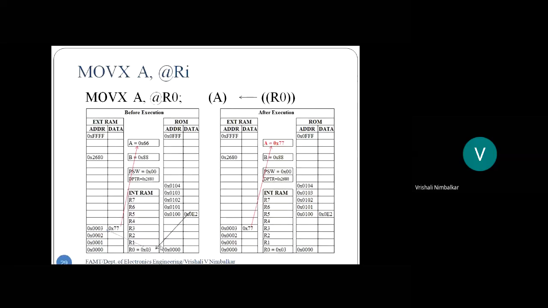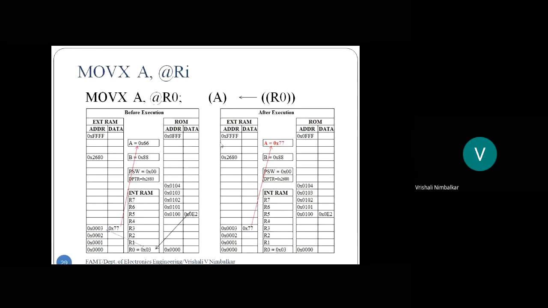So all these indications are obtained when the opcode is decoded. E2 hex, the microcontroller automatically reads R0. R0 is holding an external RAM address, so it goes to external RAM memory, 3 hex address, picks the data and stores it in the accumulator. So see, after execution, what will you find? The accumulator is stored with the data. 77 hex is obtained in the accumulator. Correct? Which data is this? This was the data pointed by R0. See here, @R0. So 77 hex was pointed by register R0.